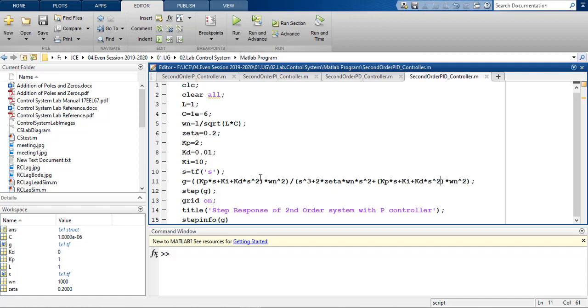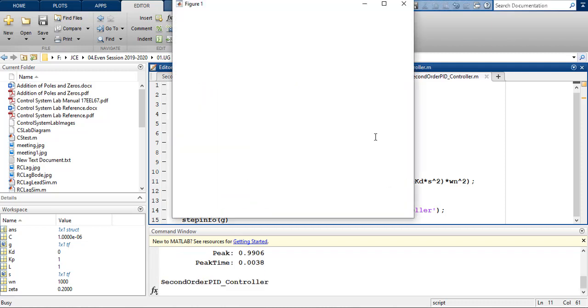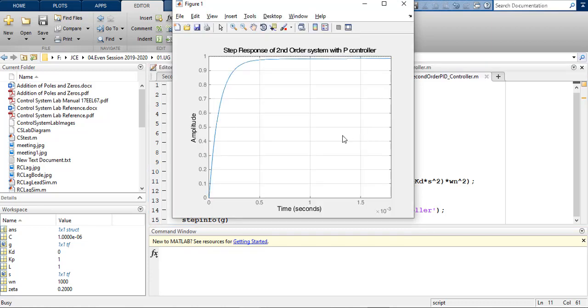So we can start the same experiment with Kp equal to 2, Kd equal to 0.1, Ki equal to 10. We can find out the step response using these controllers. So I'm going to run the program. So you can see the output of the program with those given values.